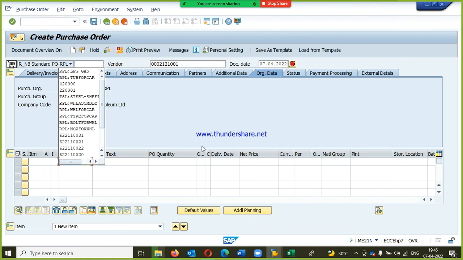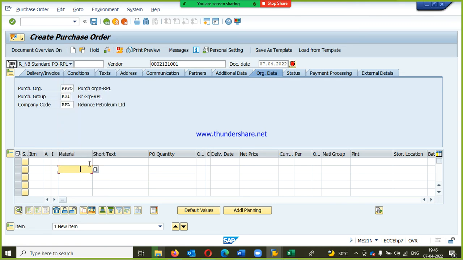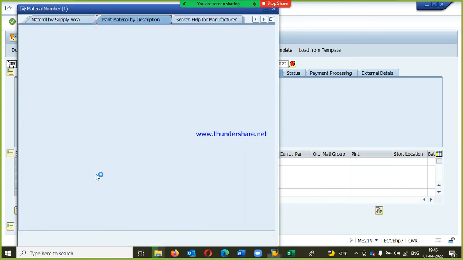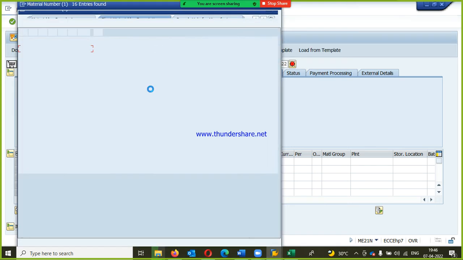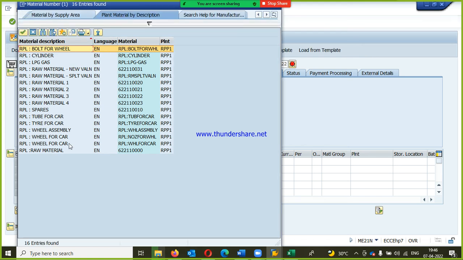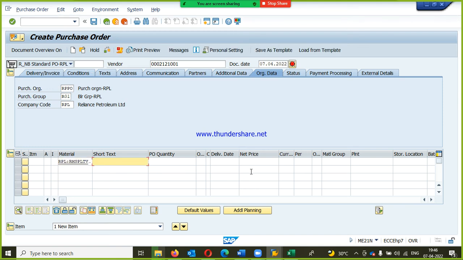Material, the same material I will take. RM split valuation, right? This is the material, and here I will give it 50 quantity. Delivery date 15/4/2022, 1000 rupees. Currency is INR, material group